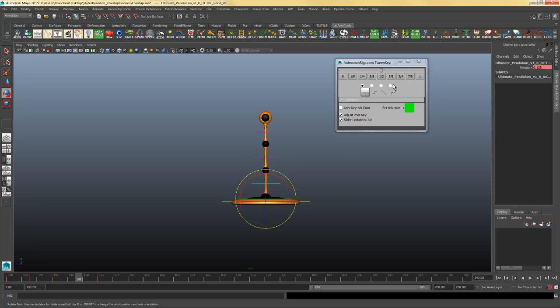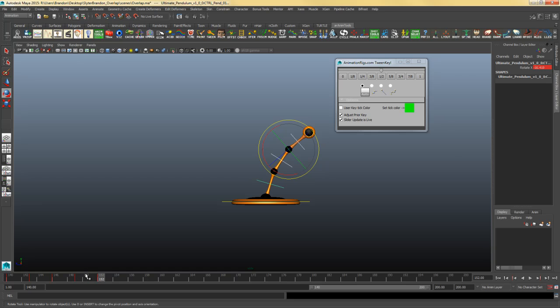So the base of the tail will favor frame 152 by a lot. The middle part will favor 146, mostly, partially halfway, and then the tip will favor 146 even more. And now we got our tail wag. So we can select these 3 controls, and we can